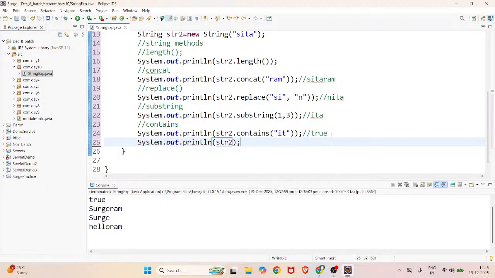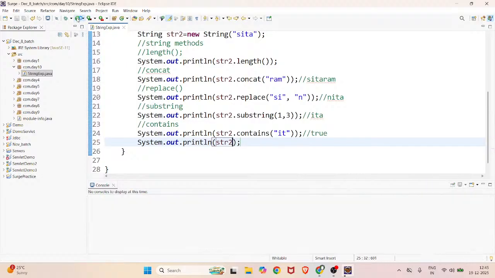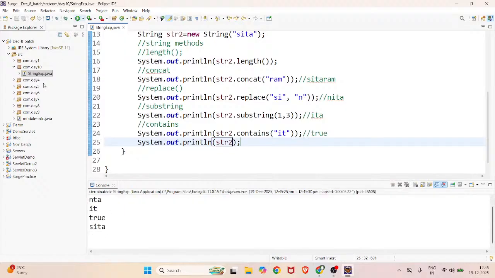You are modifying a lot of things, but still your str2 contains Sita only, right? I'll run it and check the outputs. First Nita, Sitaram, Nita. We are changing the Si to the N, right? So I is also